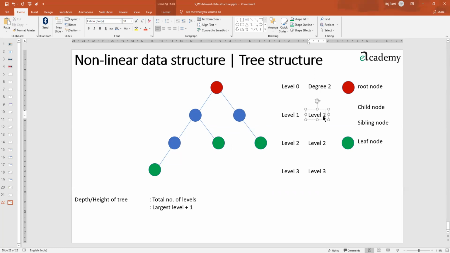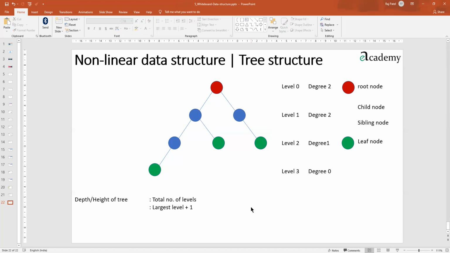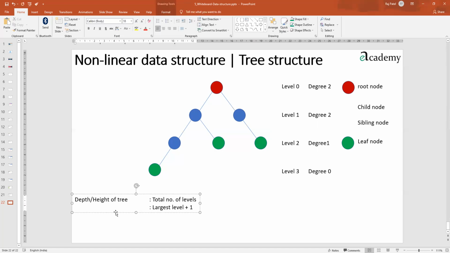So here also we have 2. Here in this level we have 0. This doesn't have any child, so 0. Here we have 1. So degree 1, and here we have degree 0. So what is the highest degree, or what is the degree of the tree in this case?